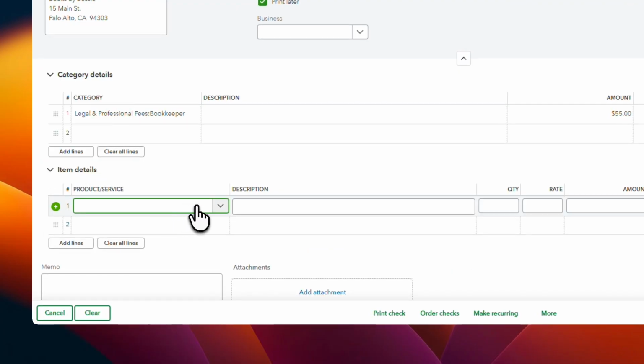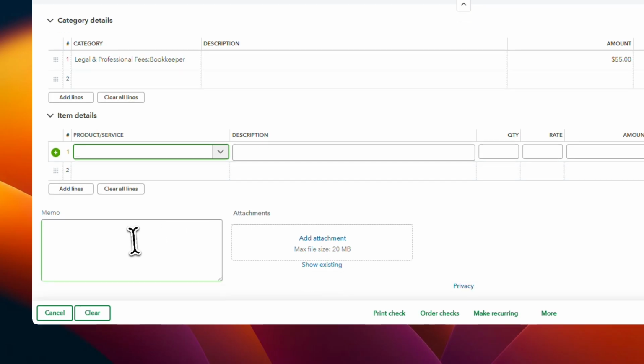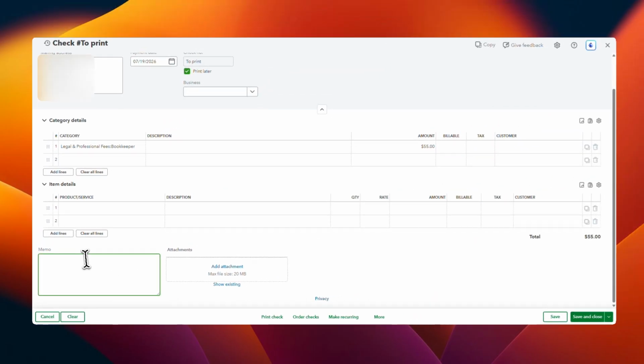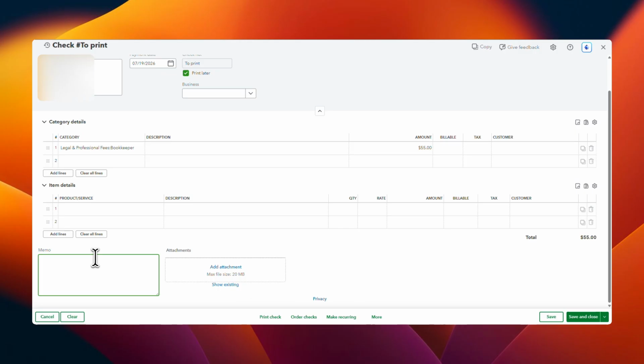You can also enter a memo if you want to leave a note for future reference. This part is optional, but it can be very helpful when reviewing transactions later. Then enter the payment amount, making sure the total is correct before saving. When everything looks good, click Save and Close if you're done, or Save and New if you want to enter another